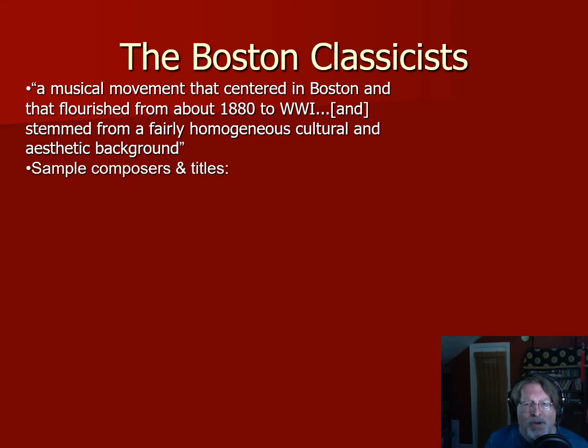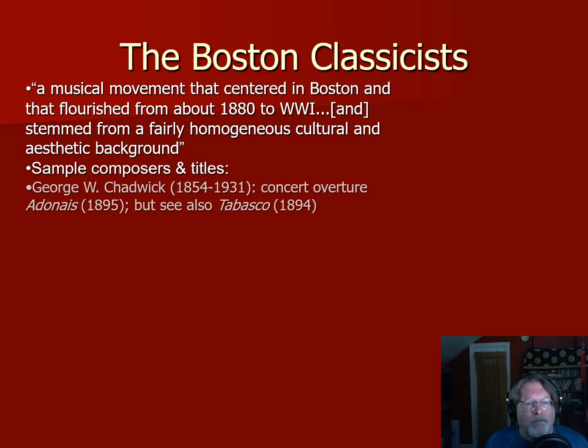A few composers are conventionally grouped in this school, which is sometimes also referred to as the Second New England School, to distinguish them from the First New England School of New England composers in the 18th century who were primarily self-taught and working in the idiom of psalm settings, people like William Billings and Daniel Read. This Second New England School, these Boston Classicists, include some of the following composers, and I'm also including samples of the titles of pieces which are in some way exemplary, not just of their topics, but really of their aesthetic and what they understood themselves to be